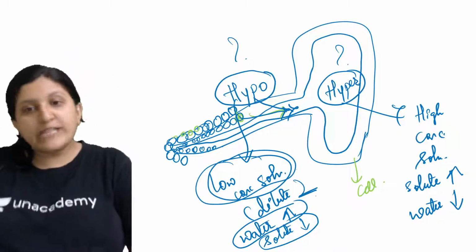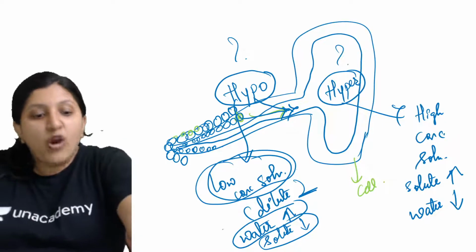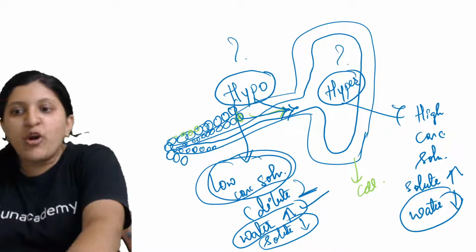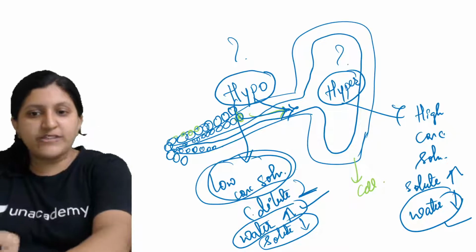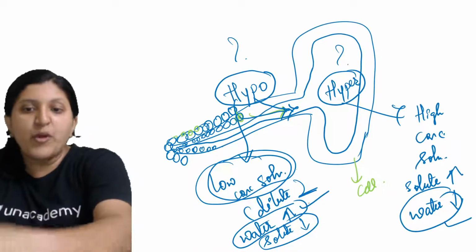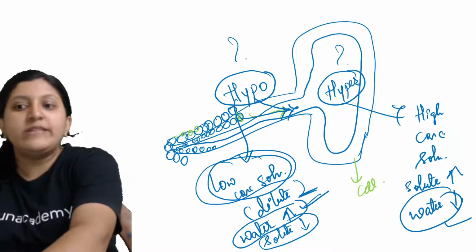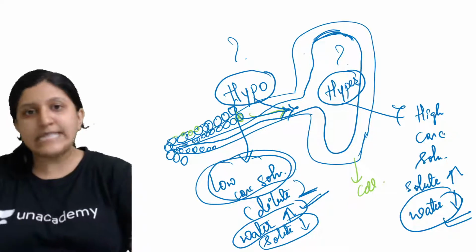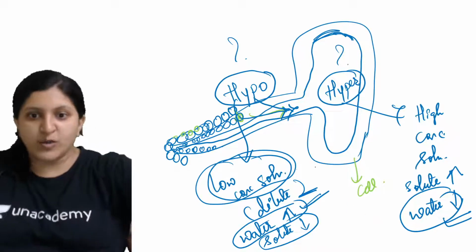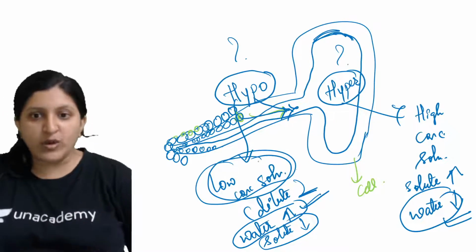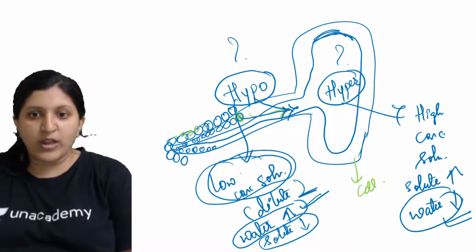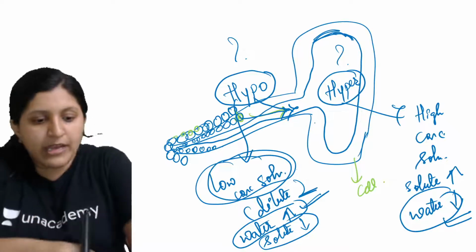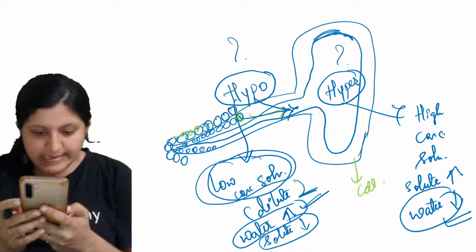So what is mentioned is that water will move from its region of higher concentration to its region of lower concentration. The other definition says water molecules will move from their region of higher concentration to their region of lower concentration across a semi-permeable membrane, that is a cell membrane. This we call osmosis. Another definition we can write for osmosis is the movement of water molecules from a low concentrated solution to a high concentrated solution across a semi-permeable membrane. Is that clear? Any doubt?